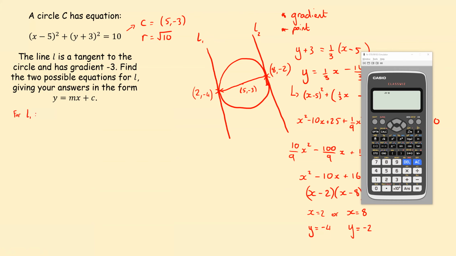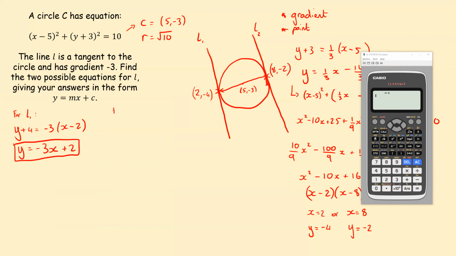So for L1, it goes through this one. So y plus 4 is equal to, and we're told in the question, the gradient's minus 3, and then it's x minus 2. We just need to expand and simplify that. I get y equals minus 3x. Minus 3 times minus 2 is plus 6. Take away this 4 is a plus 2. So that's my first